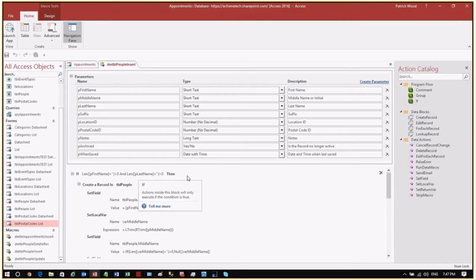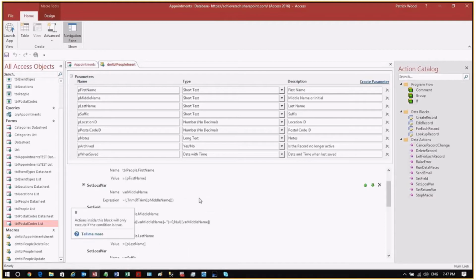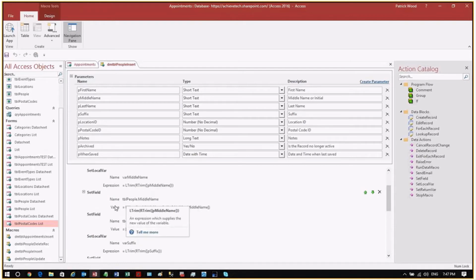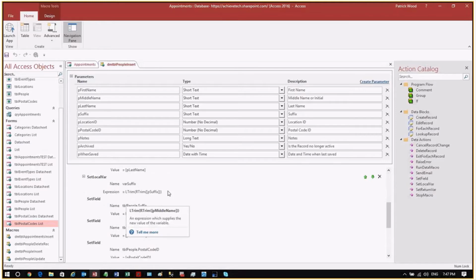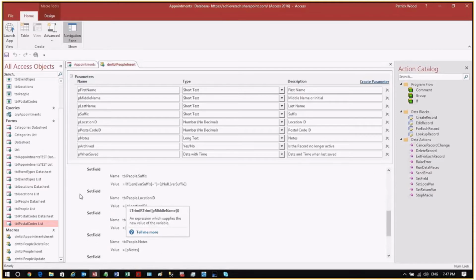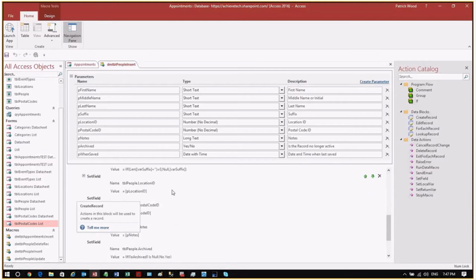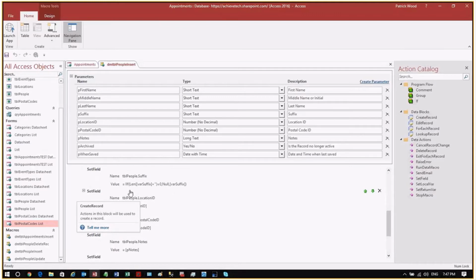I know I'm going to have a first name. I check up here, make sure I got a first name and last name. If I don't have a first name and last name, we're not saving anything in the record. You got to have a first name and a last name. Keep that data good. And so check the middle name, check the suffix, get rid of any blanks, and if